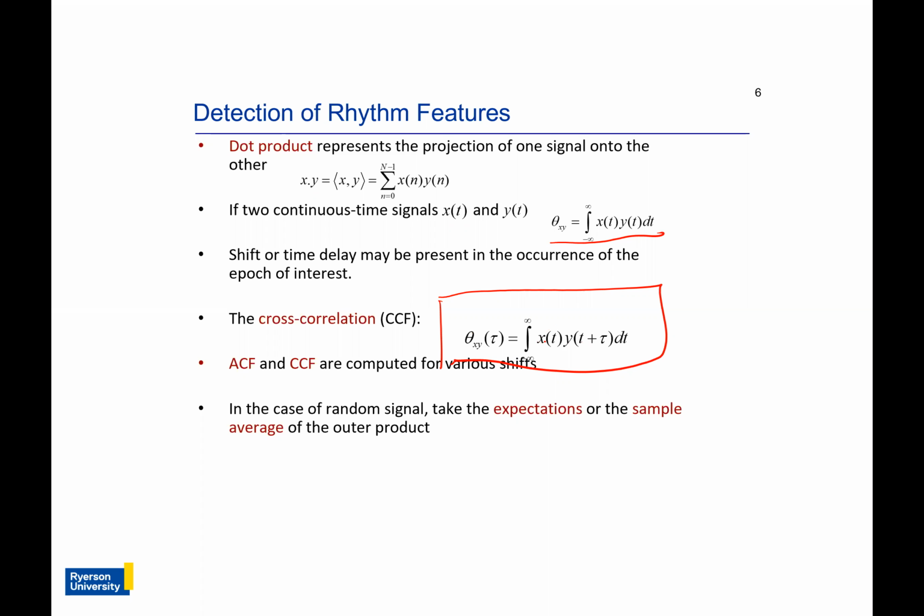So when you do the cross correlation with the signal itself, if y was x(t) itself, then x(t plus tau) would lead to what's called the ACF or autocorrelation function. And you're obviously experimenting with the autocorrelation function in the speech analysis lab that you are currently involved with, where you're taking the autocorrelation function of the speech signal. So the autocorrelation function and cross correlation function are considered to be a very good, simple representation for analyzing rhythmic features